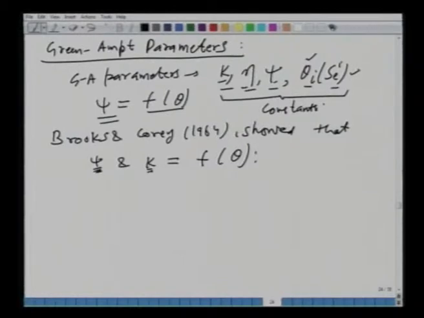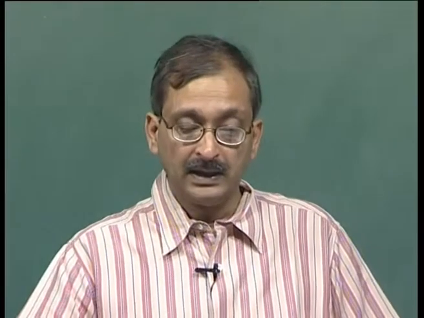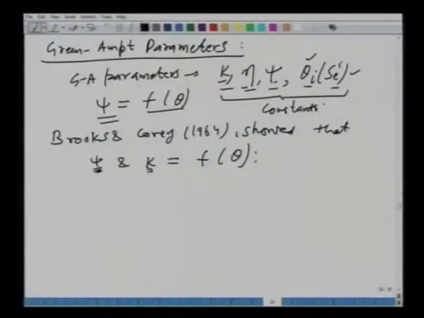Okay. And all of these are normally assumed to be constant. So, whenever we apply Green-Ampt equation to find the infiltration during a rainfall event, we assume these quantities or these calibrated parameters to be constant. Many people have conducted a lot of experiments to find out the values of these parameters, and in Chow's book you will find a table which gives you the values of these parameters for different types of soils, that is clay, sandy soil, and so on. Okay. For different types of soil, these values are given which are constants.